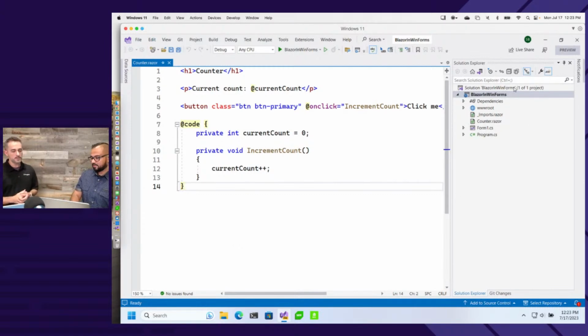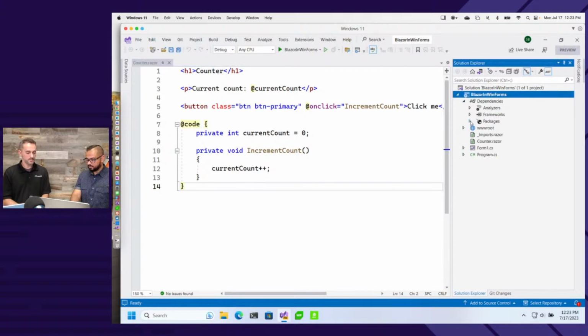Absolutely. So here's a WinForms application. Ed and me are a little old. This was something that started in 2002. It's been 20 plus years of running WinForms. It's still very productive, but I can take a WinForms application and I can change up the runtime to be modern .NET. And then I can bring in that same dependency that I showed you for WPF, that same WebView, instead of WPF, now it says WebView.WinForms.